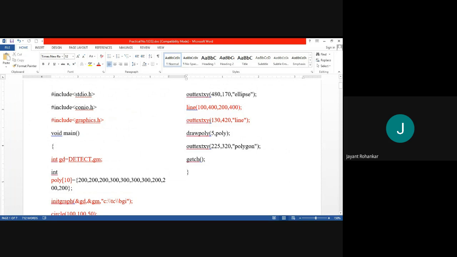It will be displayed on the screen along with the outtextxy text. Then drawpoly with poly will draw the polygon. Then getch we need to add to hold the screen, and we finish our program with the curly brace.